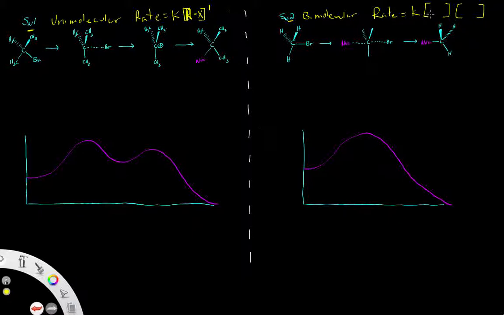So we will use our original alkyl halide, so we're going to use R and X, and then we will also be using a nucleophile with this reaction as well, and that's going to serve as bimolecular because we are working with two chemical species, whereas over here in SN1 we are just working with one